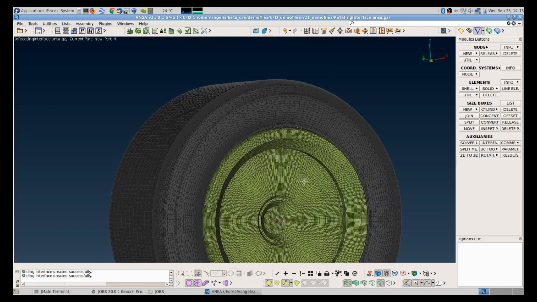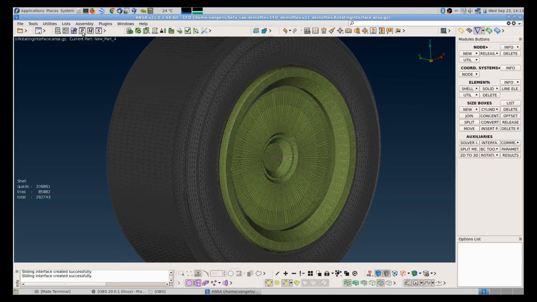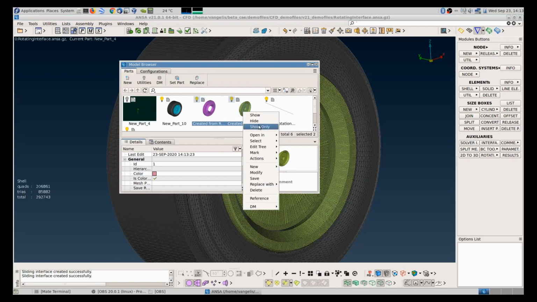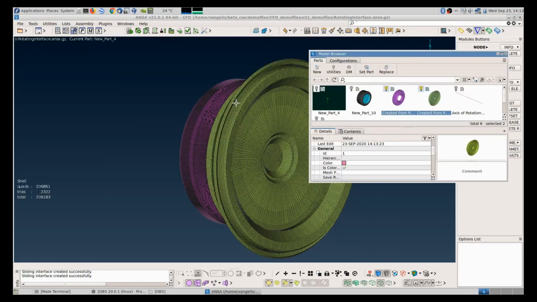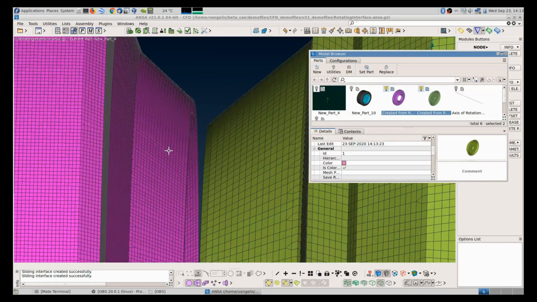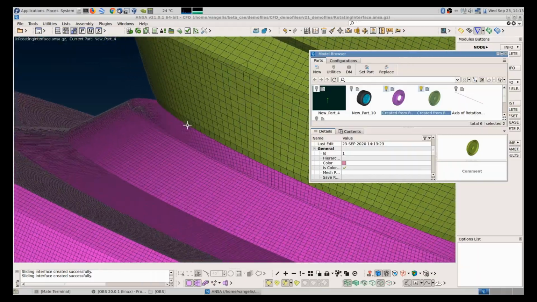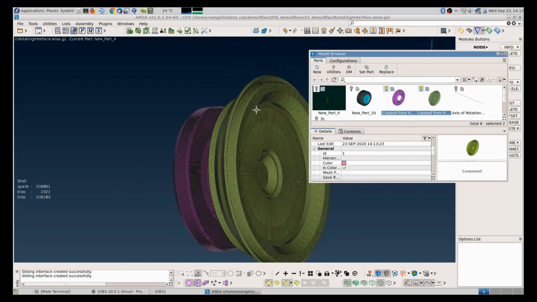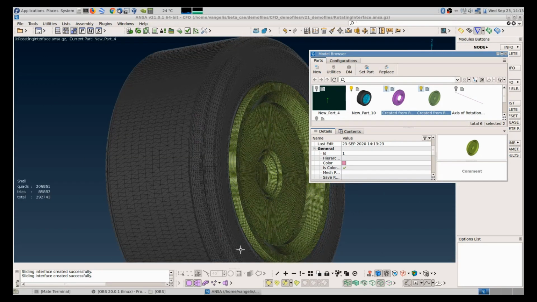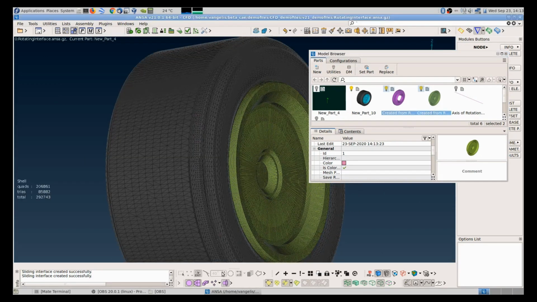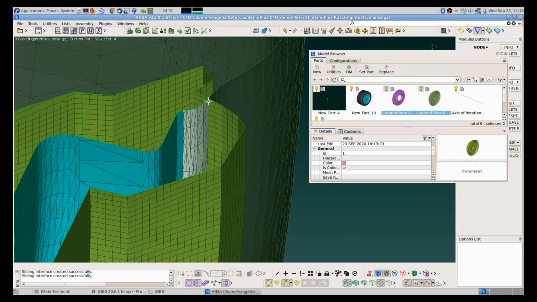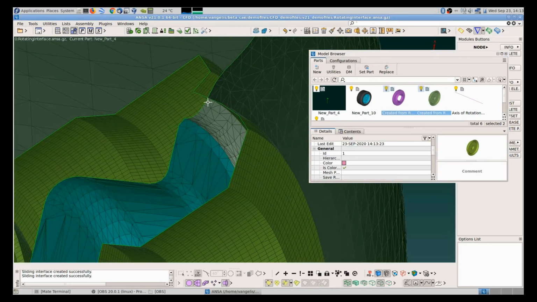Okay, here we are. This is what ANSA created. If we go to the part manager, these are the two surfaces that ANSA created. You will see that they are separate for the disc brake and the wheel. And if I bring the whole geometry and bring back the cutting plane, you will see that we have vertical intersection where we asked.